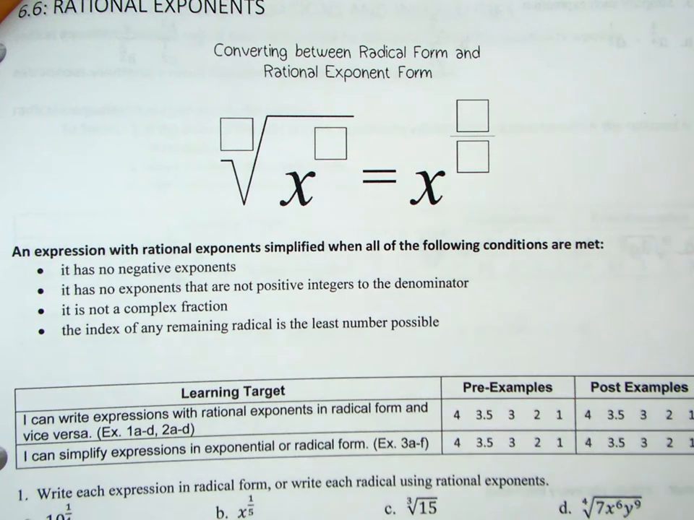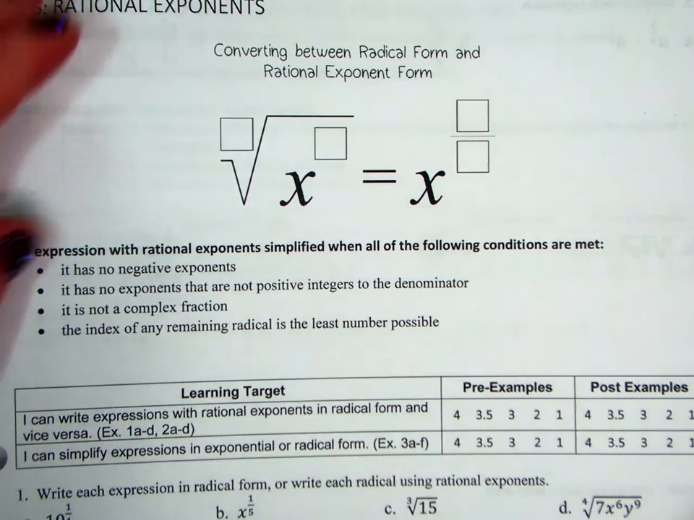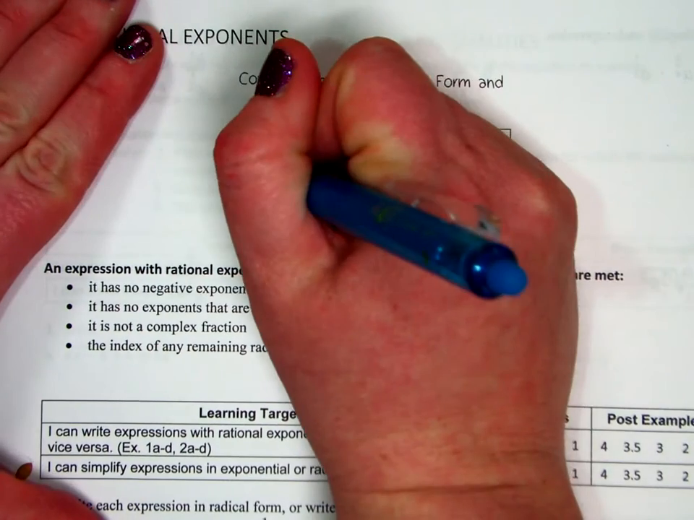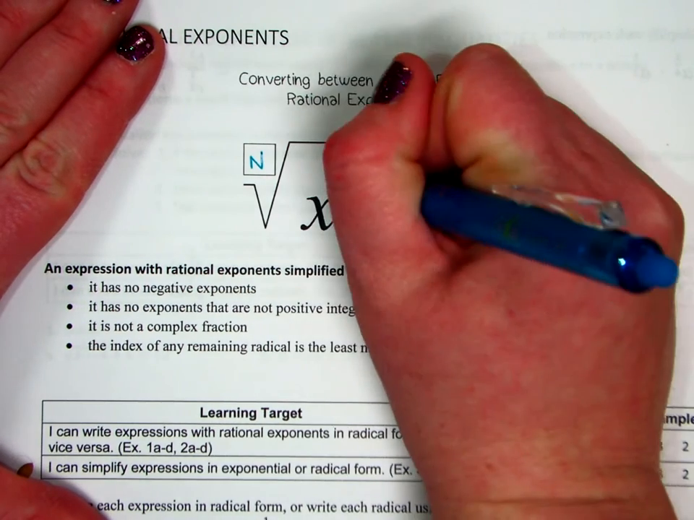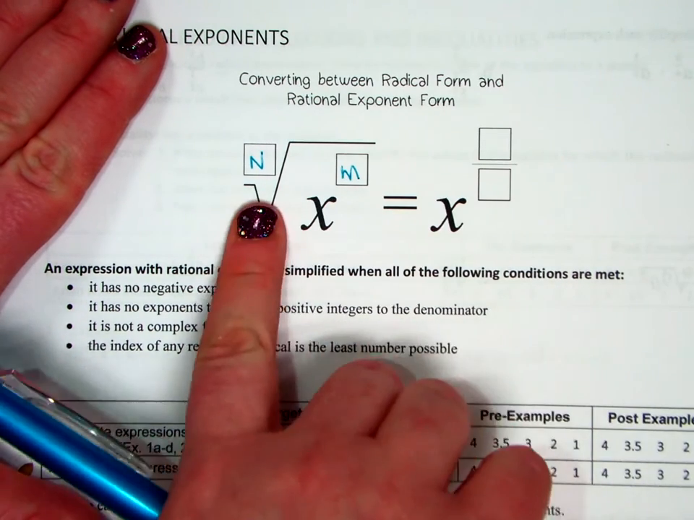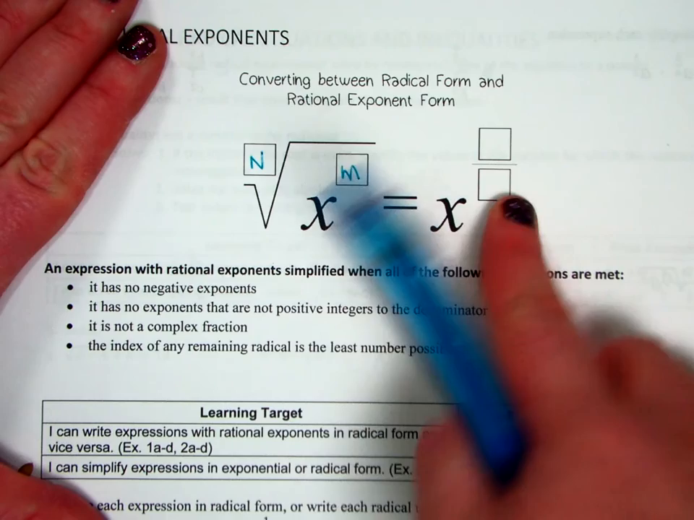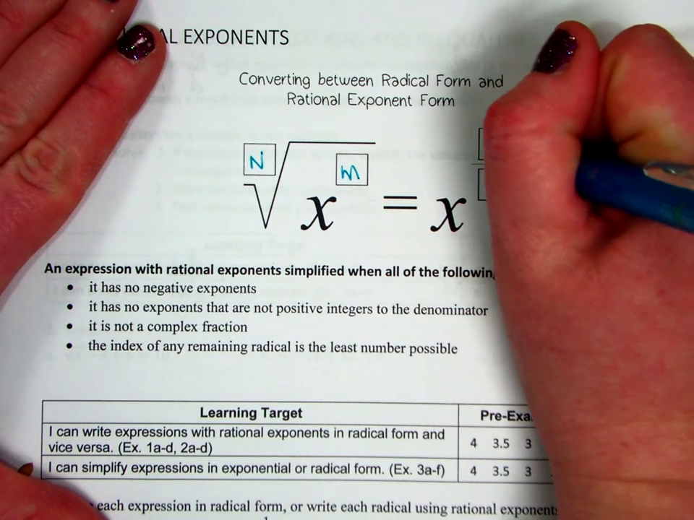Okay, so this video is about 6.6. It's rational exponents, so converting between radical form and rational exponent form. Index, exponent, so when you rewrite it from radical form to rational exponent form, you take your exponent divided by your